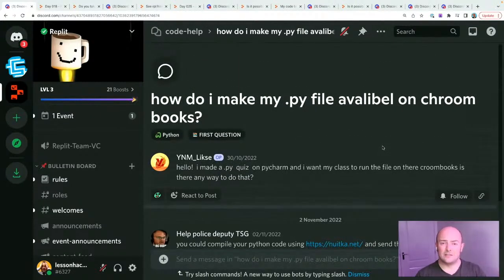Chromebooks are ideal for Replit because you have a full IDE on a very lightweight device, actually. But I want to start with that question tonight because I think that a lot of people forget that's one of the beauties of Replit, especially when you've used it for a long time. One of the beauties is you copy the address from your address bar, and anyone in the world, as long as they've got a web browser, can run your code and see the fruits of your labors.